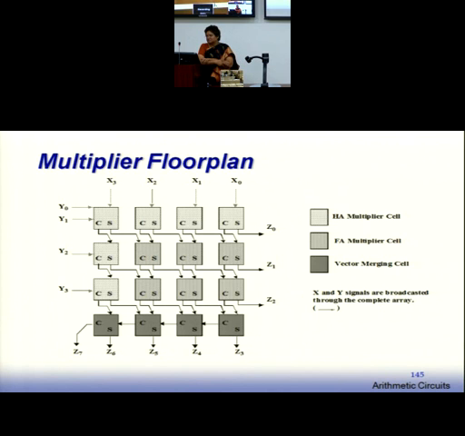Inputs are changed. Otherwise, operation is the same. It's still a stored carry format, but you have tried to lay it out in a more square fashion. Operation is not changing. So try to change it so as to get a more rectangular or square layout, which leads to a very compact layout. Okay.